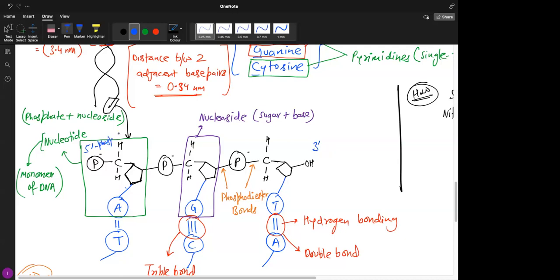Don't worry if you don't remember this, it's completely fine. Just remember that phosphate is towards the 5 prime and sugar is